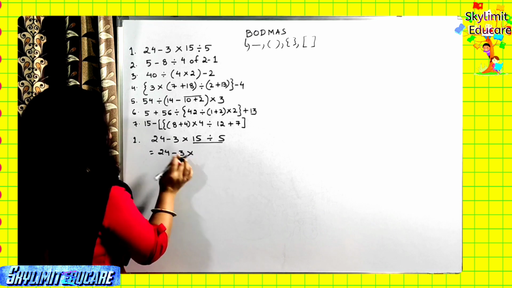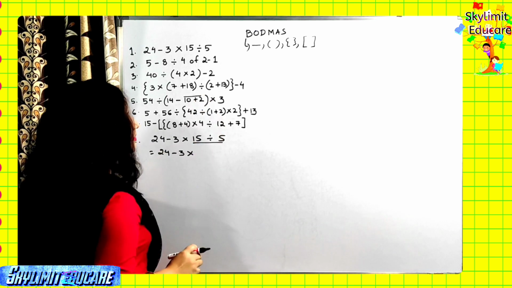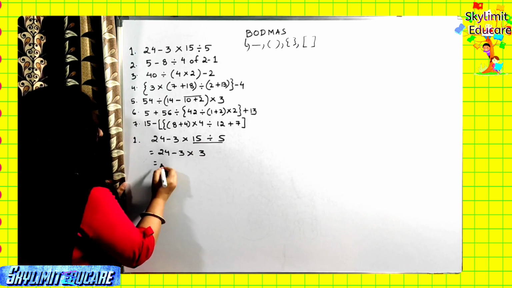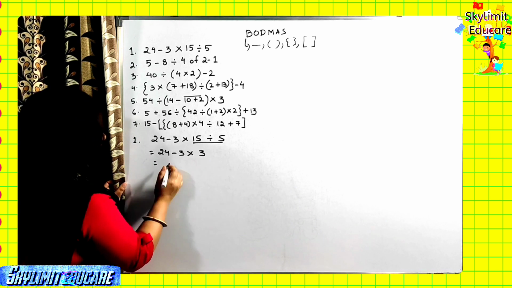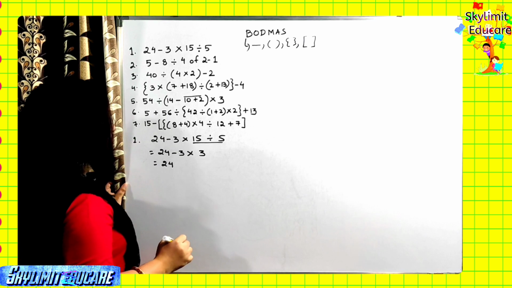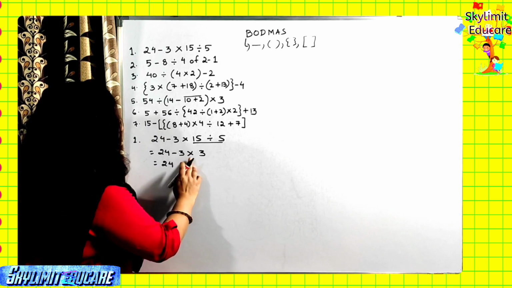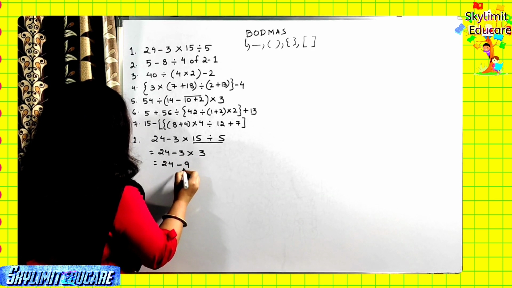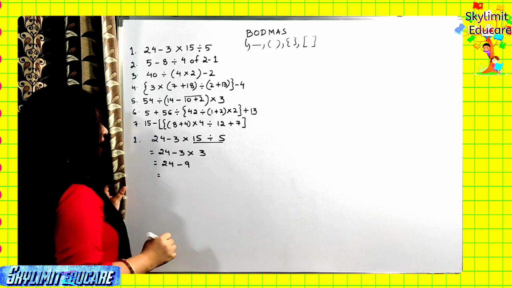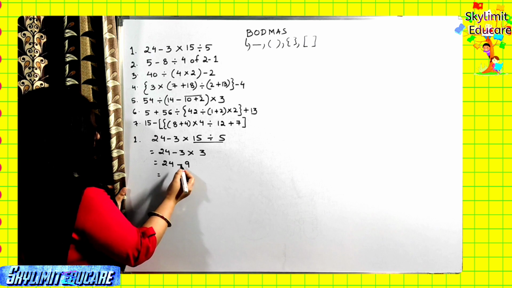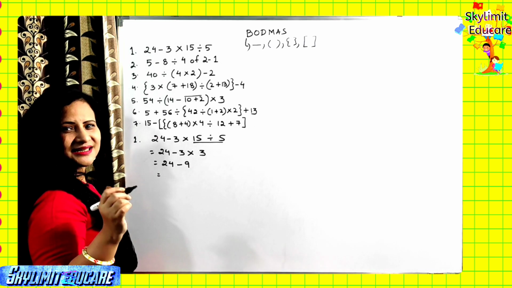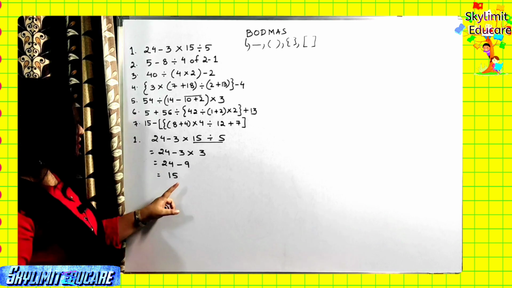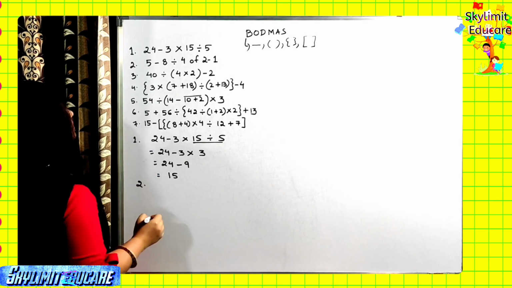So I'll just copy up to multiplication. Now first I will solve division as per the BODMAS rule. So 15 divided by 5 will give me how much? 3, right? Next is multiplication. So I'll be multiplying these two numbers. So 24, and as you have already learned integers, now you know that 3 multiplied by 3 is 9, and this is minus, multiplied by plus is minus only. So 24 minus 9, and now we can find out the answer to the question. So 24 minus 9, so 14 minus 9 is how much? 5, right? So 5, and this is 15. Okay, so 24 minus 9 will give us how much? 15. Now let's come to question number 2.